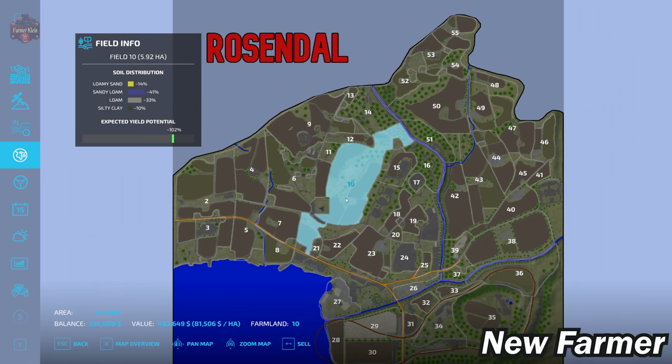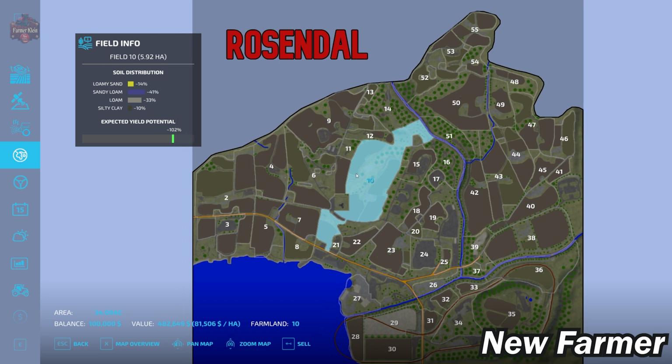Now, everything is buyable on this map. And I have to tell you, there are a ton of things going on. I think I counted at least 17, if not 19, animal pins pre-placed on the map. And I did not even attempt